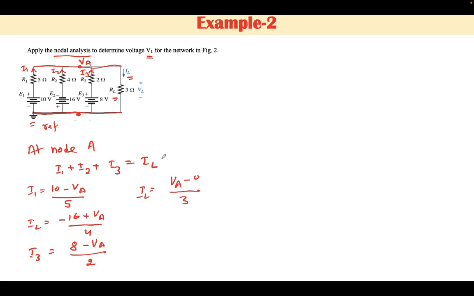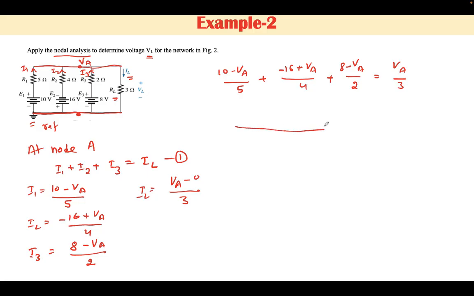Now putting all these values in the equation first, and simplifying, this will be (10 minus VA) upon 5, plus (minus 16 plus VA) upon 4, plus (8 minus VA) upon 2, is equal to VA divided by 3. Now on simplification of this network, we can take an LCM, that will be 20, and it equals